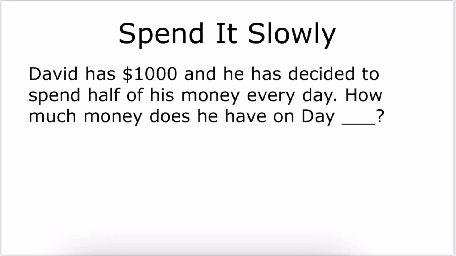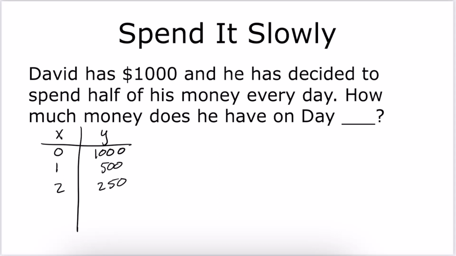every day. So, in this case, our input and output, if we make a table for this, on day 0, he has $1,000. And on day 1, if he spent half of it, then he would only have 500 left. Then if he spends half of that, on day 2, he's going to have $250. And on day 3, if he spends half of his $250, then he'll have 125, and so on and so forth. So in this case, the pattern that's happening here is that you're dividing by 2,